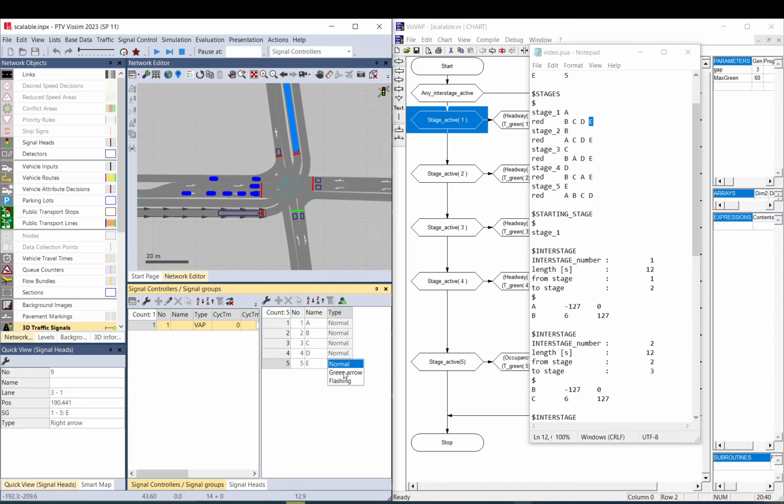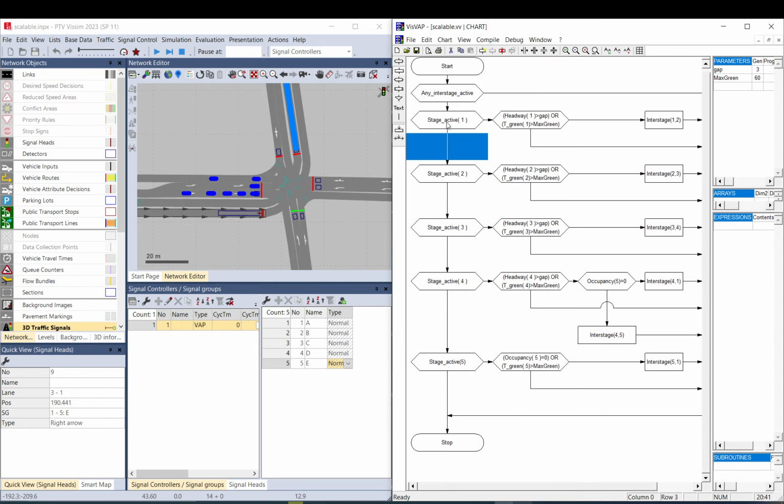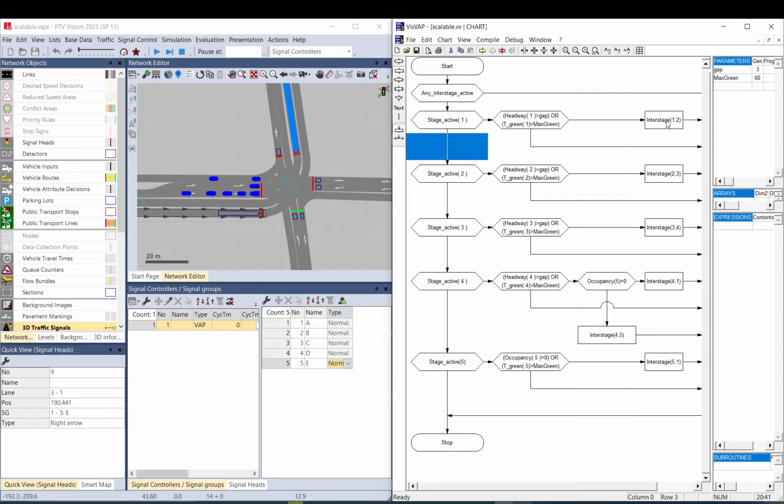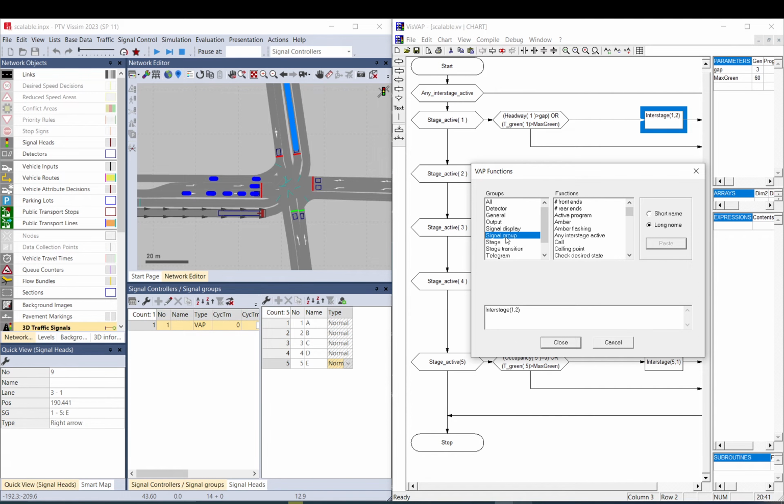To only have a green state of it, you need to take it out from each stage, and you need to combine your stage control. I mean stage based control, where your logic is based on stages. So you use interstages, and you have interstages and stages here. You need to stop using that. I mean, you can still keep using it, but you need to combine and use